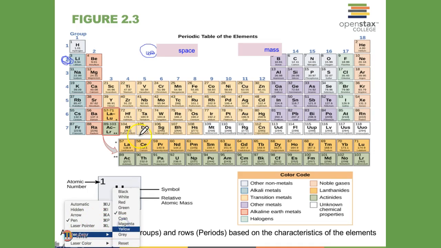I'm going to do magenta for my neutrons. They're just neutral, so they're not going to get any kind of charges. They're just in there, okay? So here is, actually I need 3, sorry. Actually, let me get my third. There we go. And I need one more proton in there. There we go. So 3 protons, 3 neutrons.